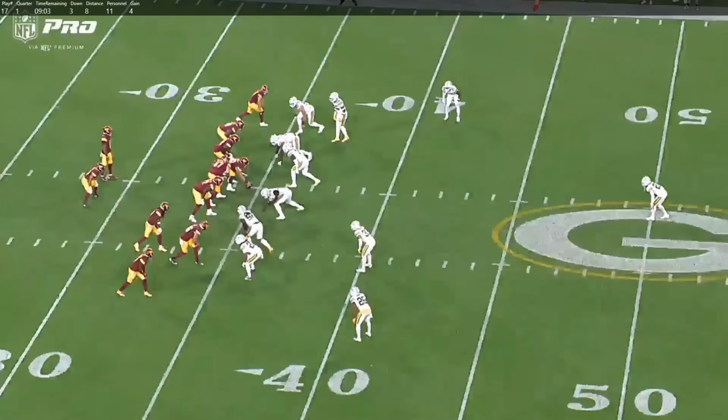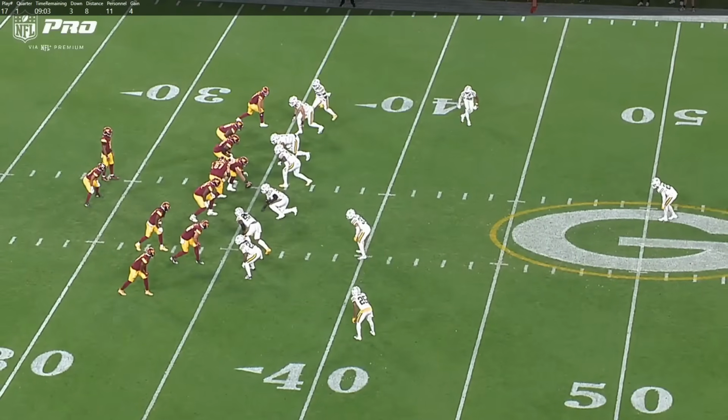Very next play. First quarter. Washington in 11 personnel. I kind of charted it and forgot to look at numbers, but the vast majority of snaps, about 90%, they're in 11 personnel, which is not really surprising based on who they are and what they do. All right, so it's